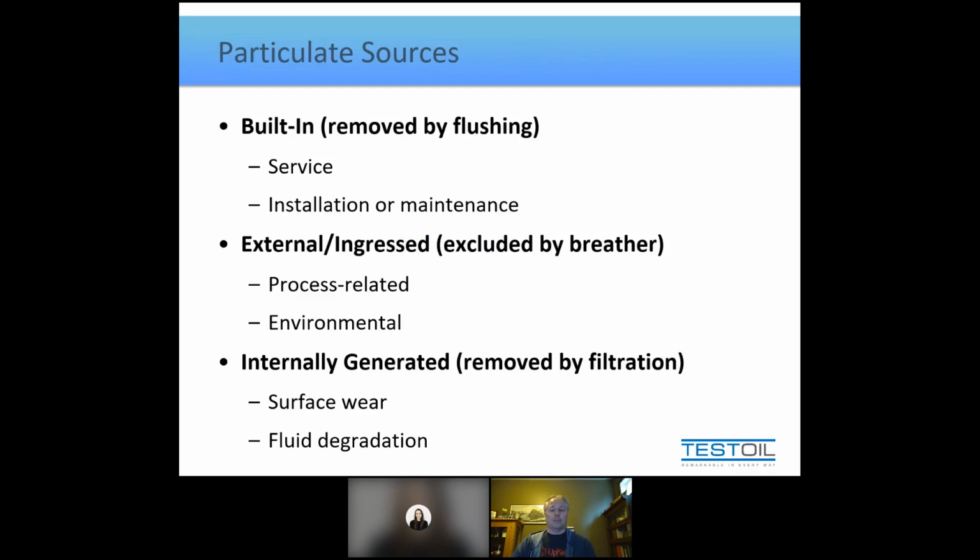Where does all this particulate that we're going to talk about come from? Well, there's essentially three different sources. There's a source that we call built-in, and that means both figuratively built into the processes we use to maintain the equipment, but also means literally built in, as in during assembly, commissioning, or installation. We have external contaminants, which enter because they can come through any openings, fill caps, tank lids, inspection ports, breathers, whatever it might be. And many of them are environmental. Some of them may be related to the process the machine is performing.